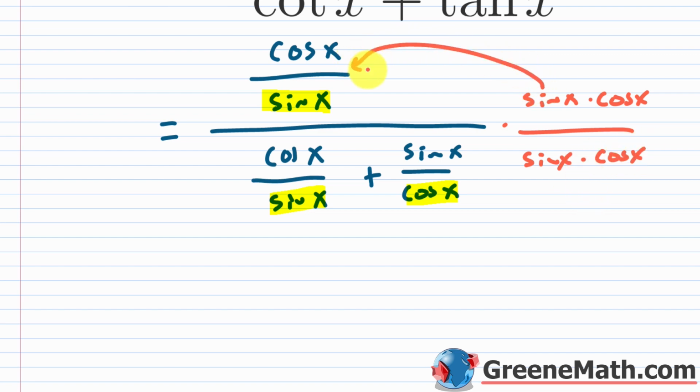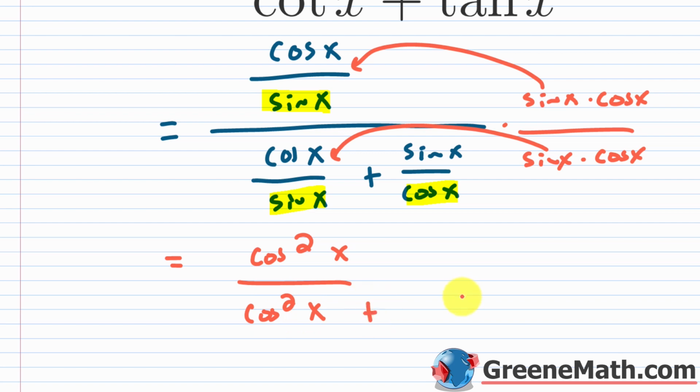So this gets distributed here, and you can see that the sine of x's would cancel, and so what you would have is cosine squared x. Then this guy goes here, and you would have your sine of x cancel with your sine of x. So you have cosine of x times cosine of x, so that's cosine squared x. And then plus, this guy gets distributed here, the cosine of x's cancel, and now you have